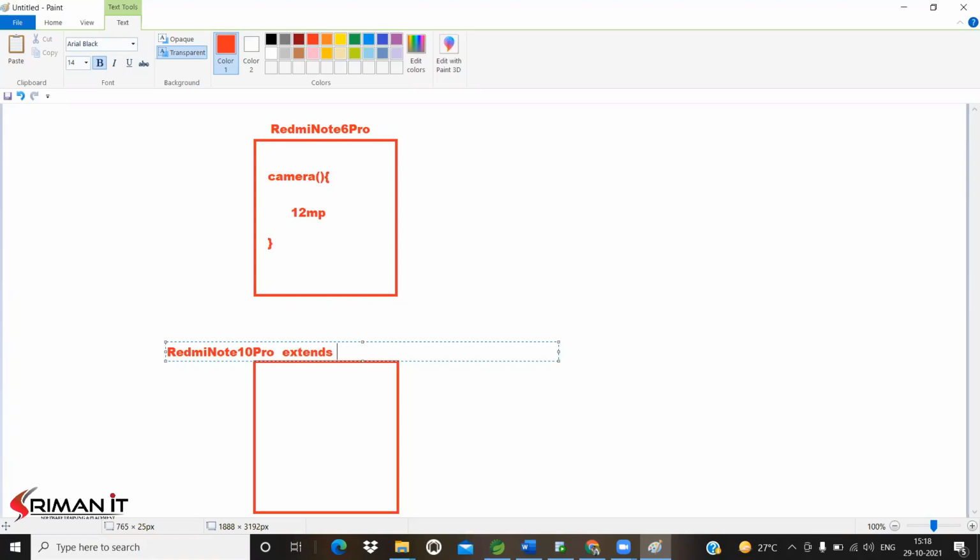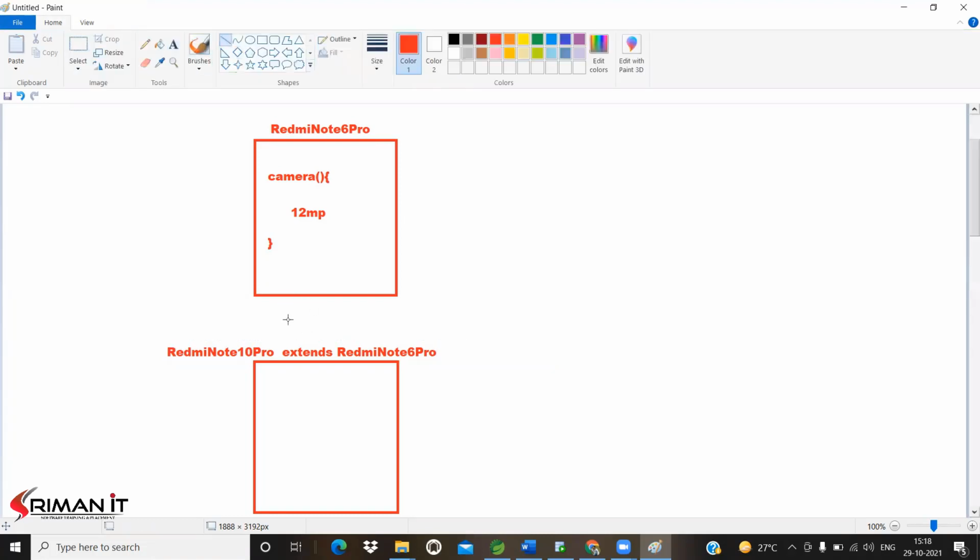Enhancement means that on top of Redmi Note 6 Pro, Redmi Note 10 Pro was designed. Once Redmi Note 10 Pro is designed on top of Redmi Note 6 Pro, whatever service is available in the Redmi Note 6 Pro, like a camera, that service comes to Redmi Note 10 Pro according to inheritance.